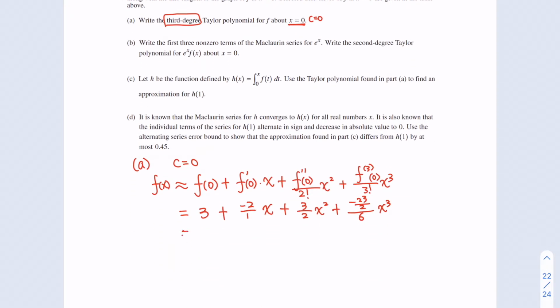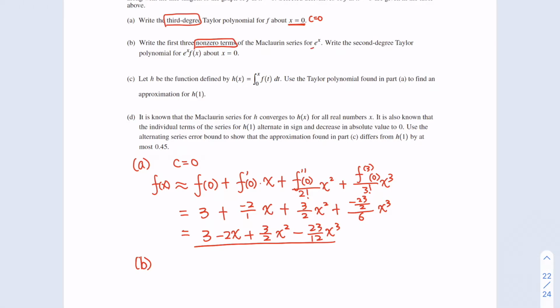Let's simplify a little bit. It will be 3 minus 2x plus 3 over 2 x squared minus 23 over 12 x cubed. So this is our final answer for part A. Part B. Write the first 3 non-zero terms